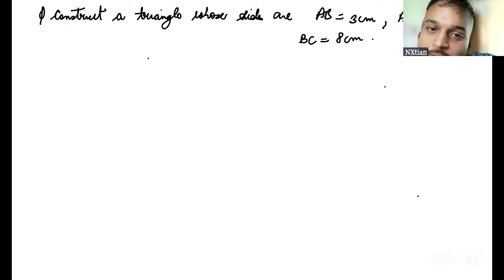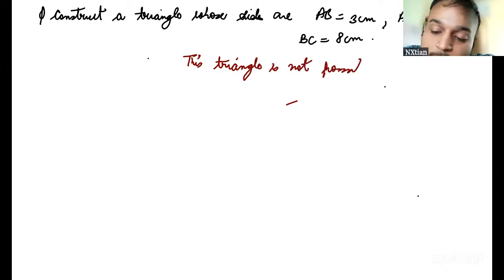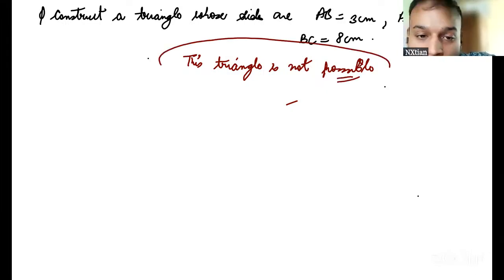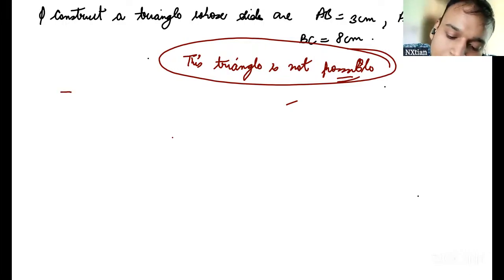Yeah. So this triangle is not possible, guys. Okay. This triangle is not possible. Why not possible? Because there is a property of a triangle. The sum of two sides of a triangle should be greater than the third side. Okay. What's the property? The sum of two